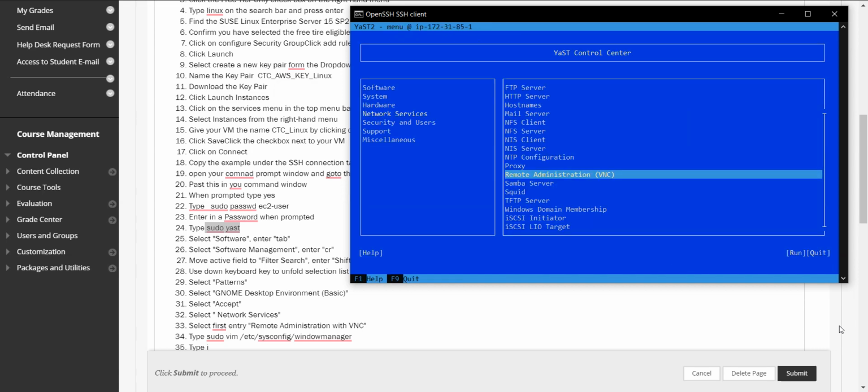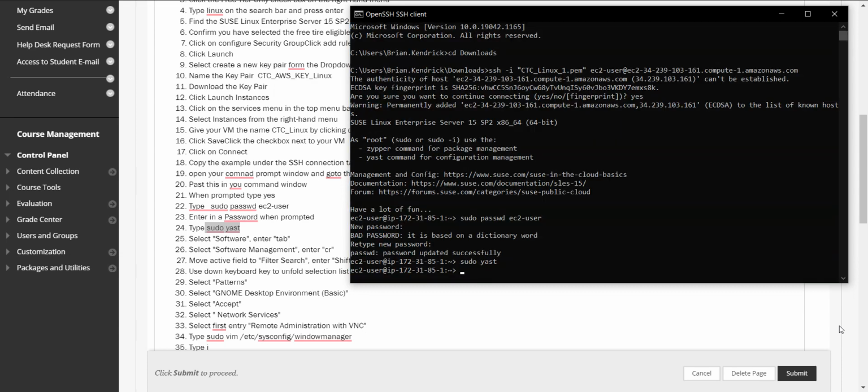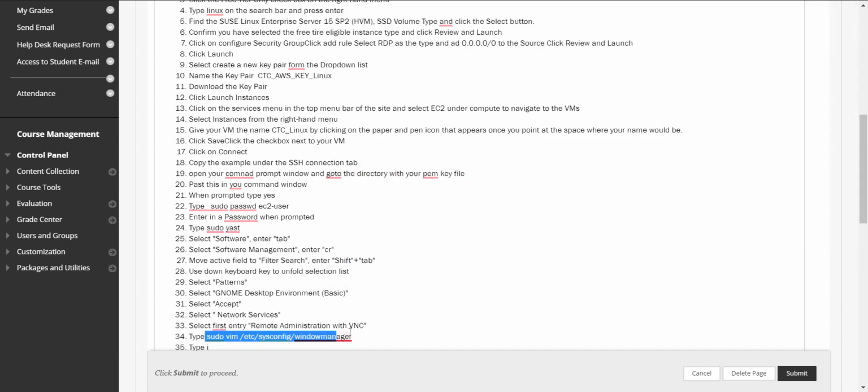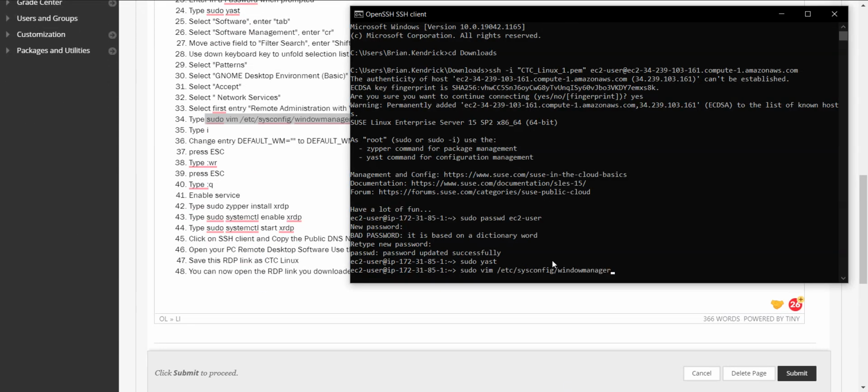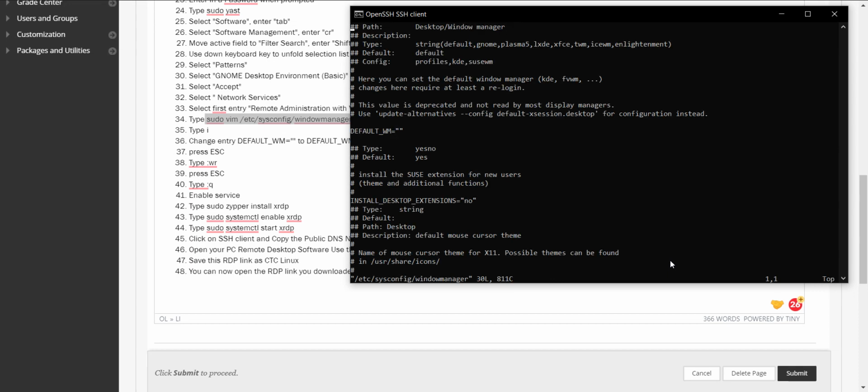Okay. Now we can tab through to quit, and we can run the next command, which is this edit command here, this sudo vim command. All right, so we're going to open up an editor, and we're going to edit the window manager file. We're going to move our arrow key down to where it says default WM, and we're going to replace that. So the first thing we're going to do is type I so that we're in insert mode, and then we're going to type in